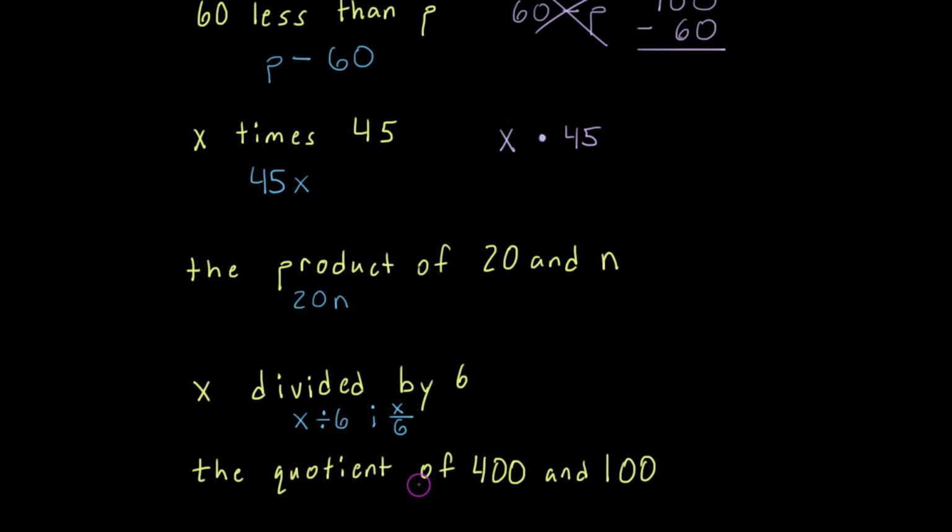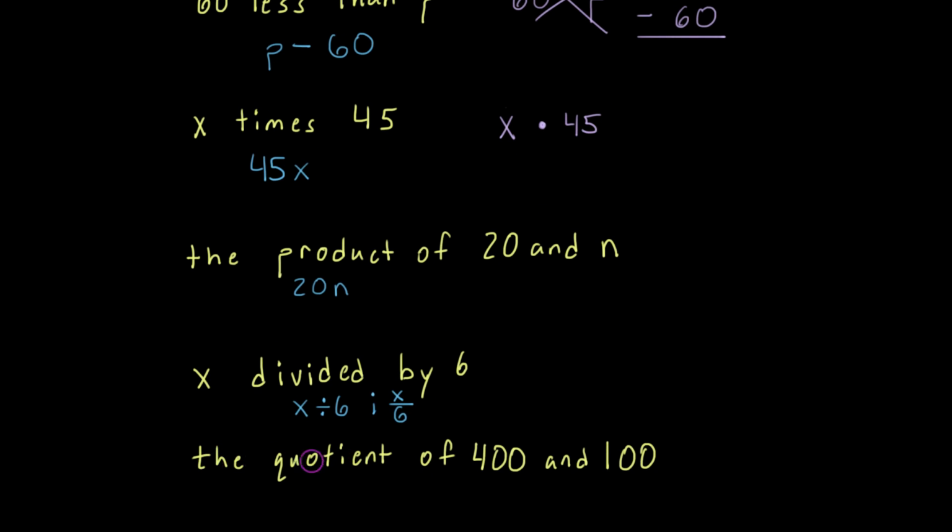And then finally, one last one here. This time we have the quotient of 400 and 100. A quotient is the result of a division problem. So this is a key word for division, and I'm going to write this as a fraction. I'm going to take 400 and divide it by 100 here. And I'm just going to write it off to the side here. I have 400